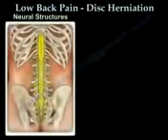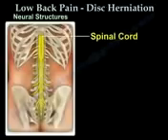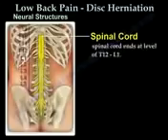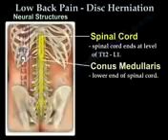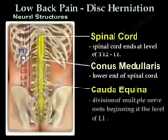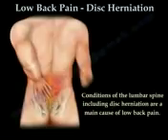The neural structures, you find the spinal cord, which ends at the level of T12-L1, the conus medullaris, which is the end of the spinal cord, and the cauda equina, which is a lot of nerve roots, usually begins at the level of L1. Different conditions of the lumbar spine, including disc herniation, are the main cause of low back